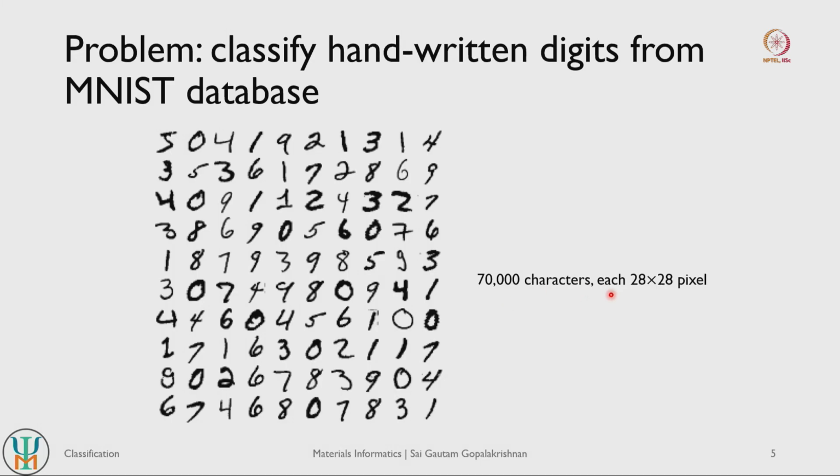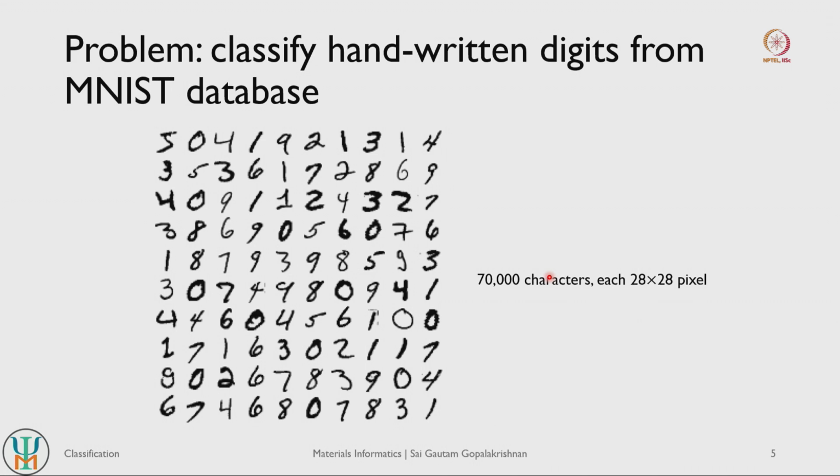And it is also a very nice curated data set, because each character, so the 5 here for example, comes in a 28 by 28 pixel image. So 5 here is a 28 by 28 pixel image, 0 is a 28 by 28 pixel image and so on, right. So each character has a well defined size, and it is certainly a number. There are no text annotations here, so the data set is very clean.